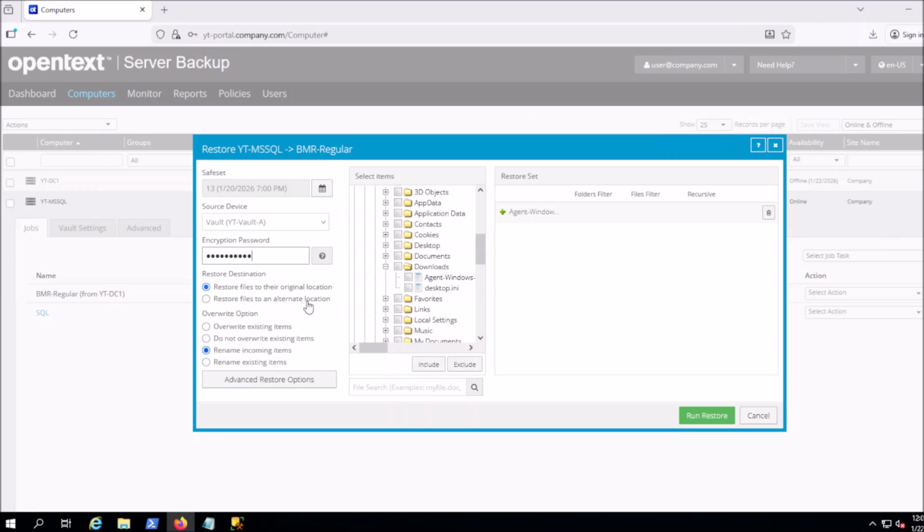And then right here is where things do get a little bit interesting in the terminology of restore files to their original location versus the alternate location. The clarification for this is that the original location is not the DC1 server, it's the original path of where that was backed up. So in my case, I've got the C drive, users, administrator, and downloads folder,